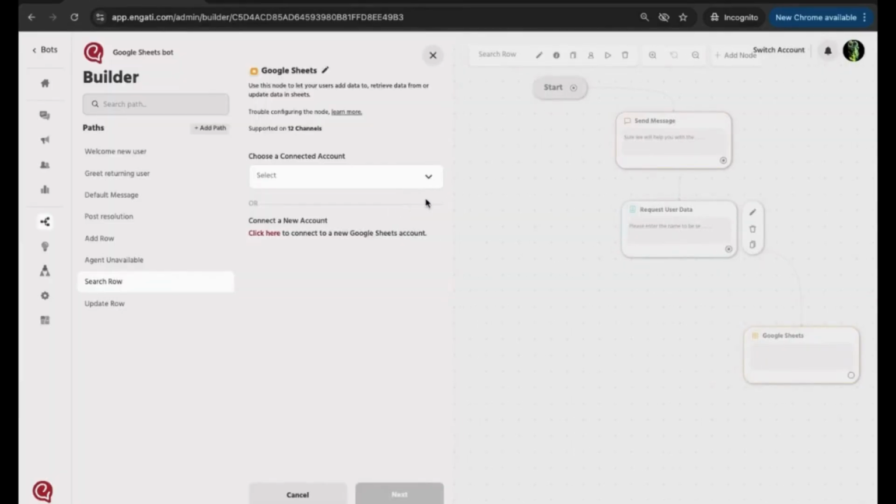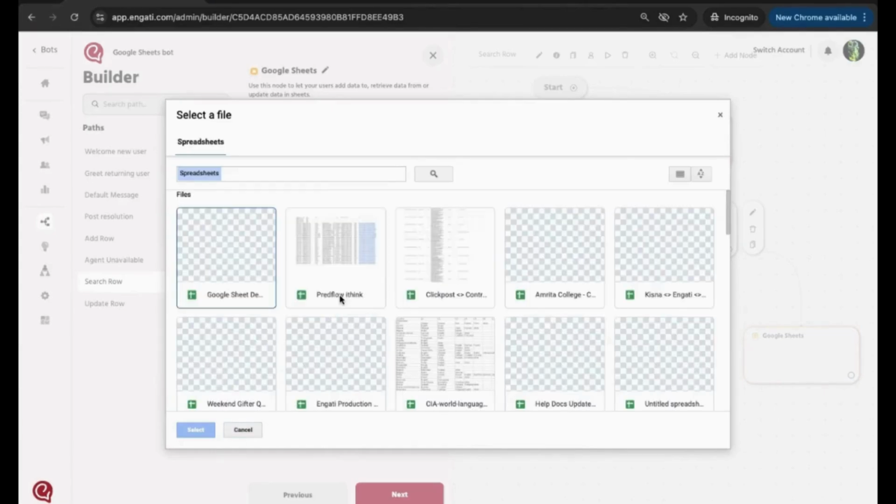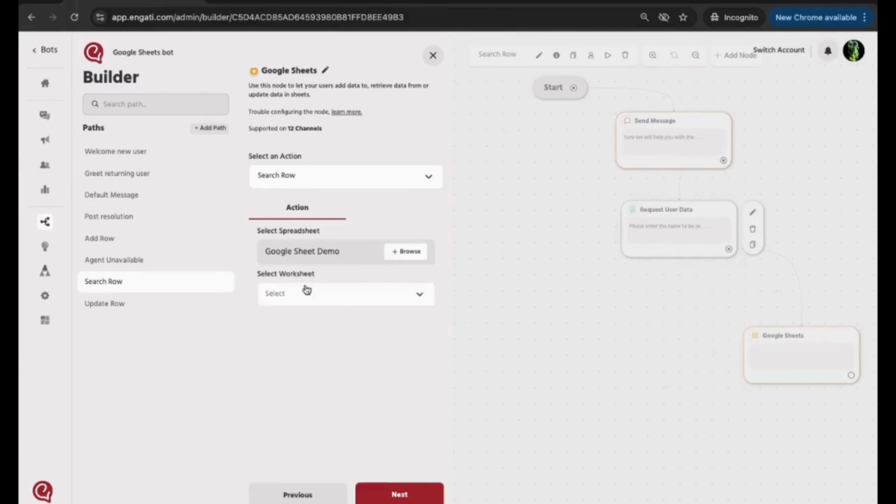Similar to the add row functionality, we'll be selecting the specific account, the action, that is search row, and the spreadsheet. Under the worksheet, we can select search row